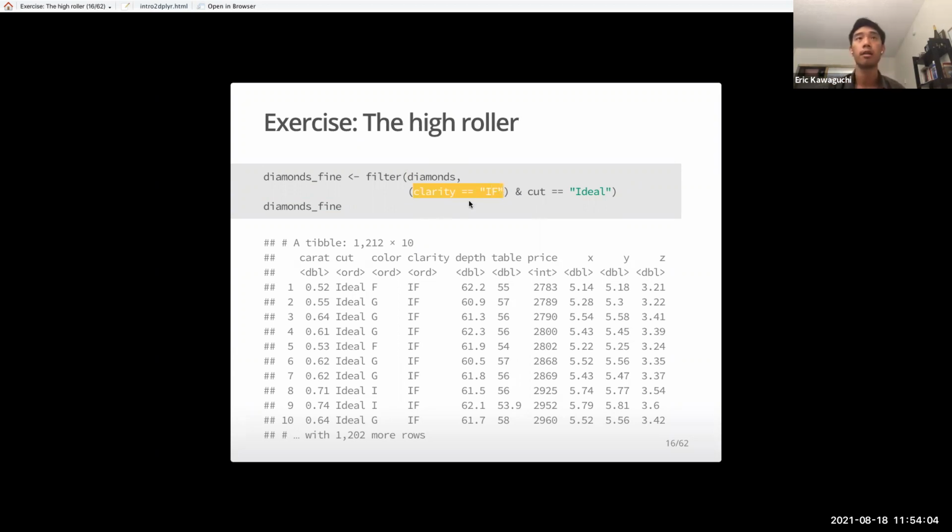And if you remember in R, the double equal sign denotes equality, since the single equal sign typically is used for assigning variables. So logically, you want to look for clarity equals internally flawless, and simultaneously you want cut to be ideal, which is what this AND operator is doing. If you change this AND operator to a vertical line instead, that's usually going to be the